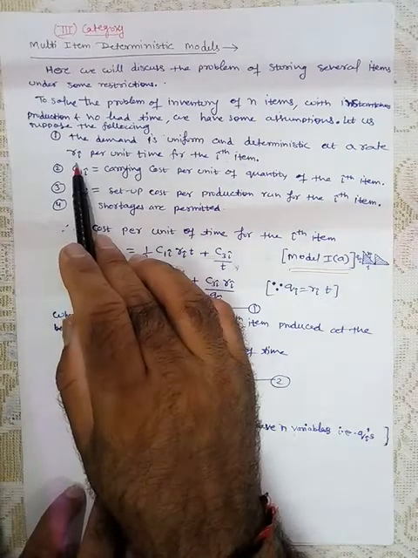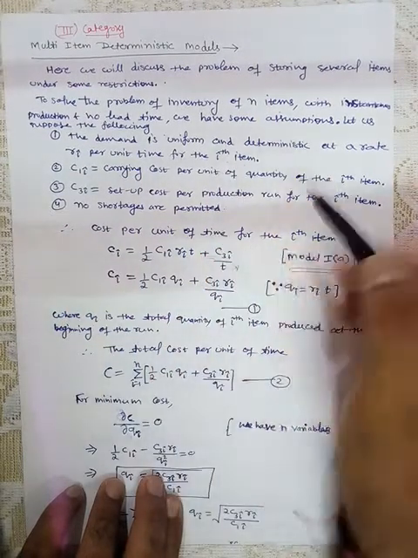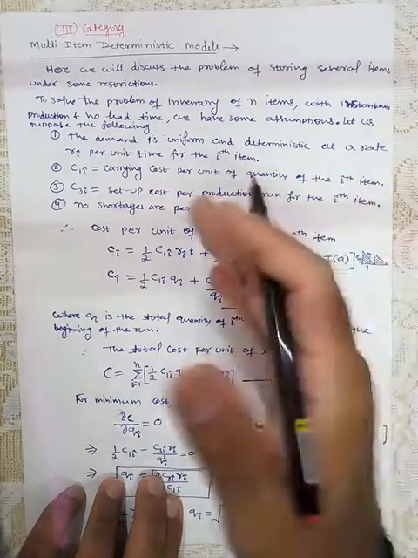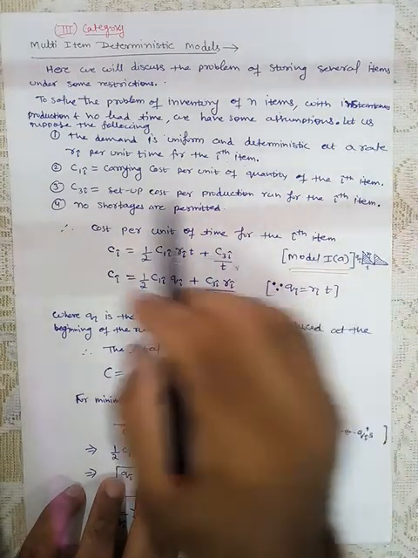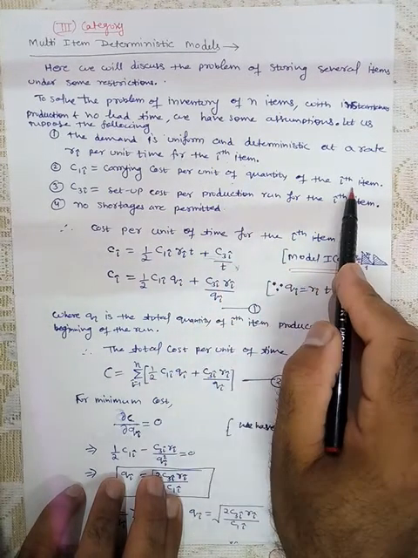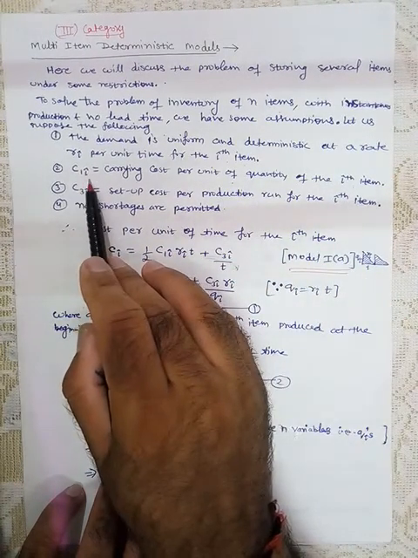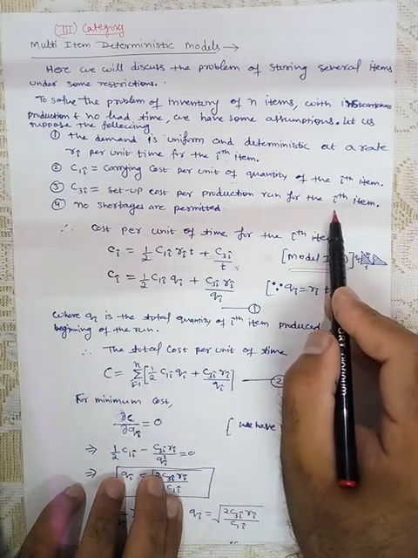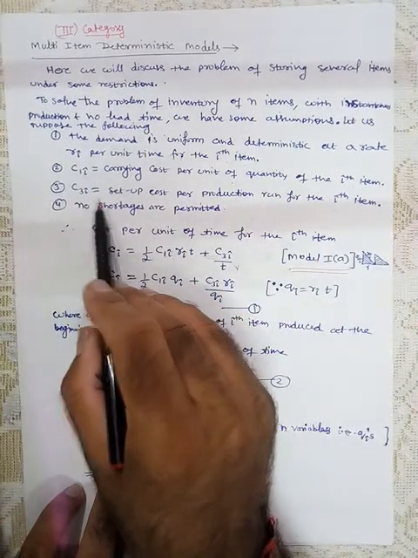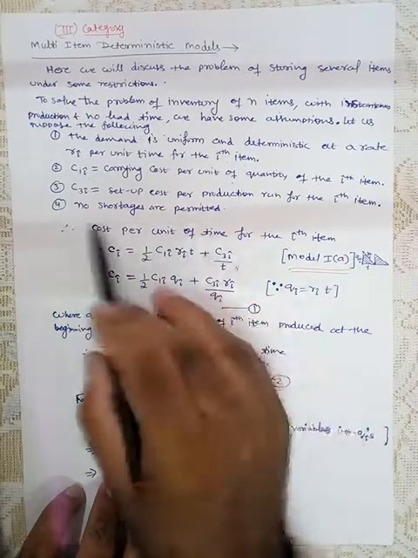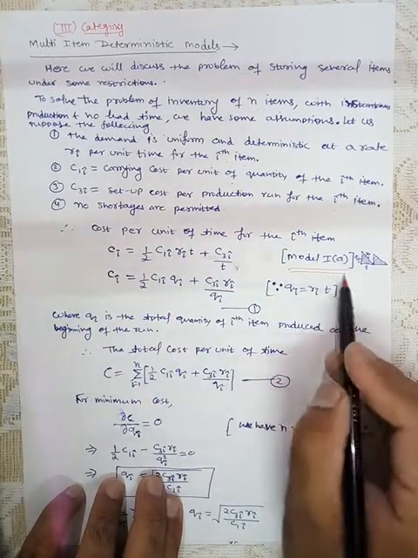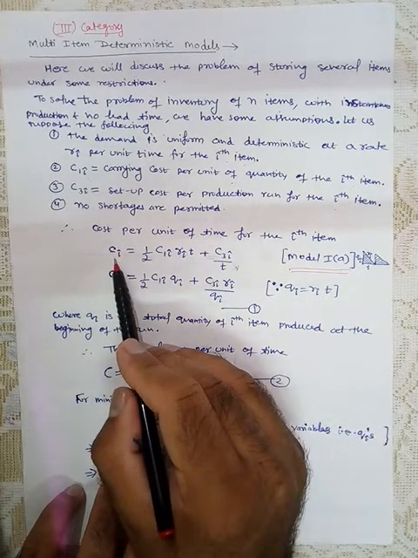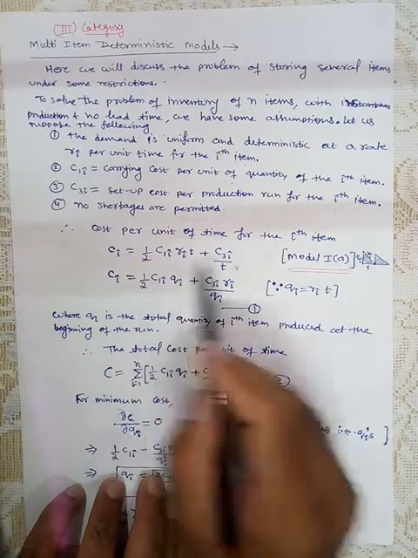Ri is the demand for the ith item. Likewise R1, R2, R3, up to Rn will be the demands for the n items. Similarly, their carrying cost is different. For the ith item, carrying cost is C1i, that means holding cost. Similarly, for the ith item, setup cost is C3i. And we are not considering shortages because we are considering model 1a. So now according to the 1a model, cost will be this holding cost and setup cost.